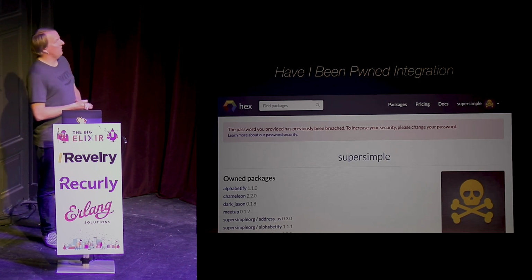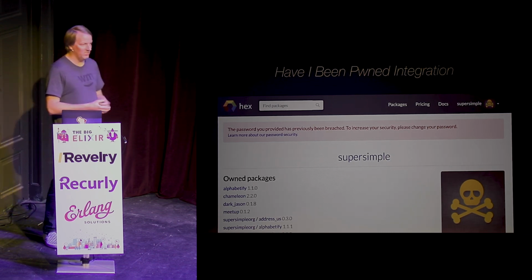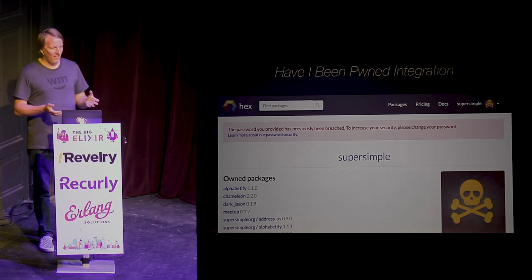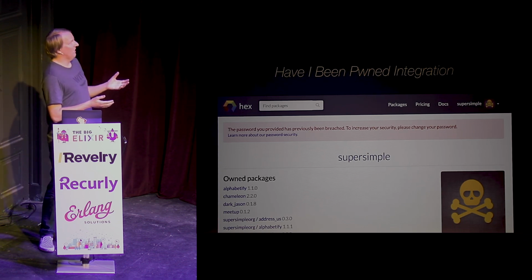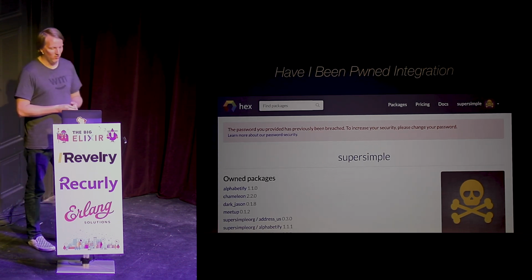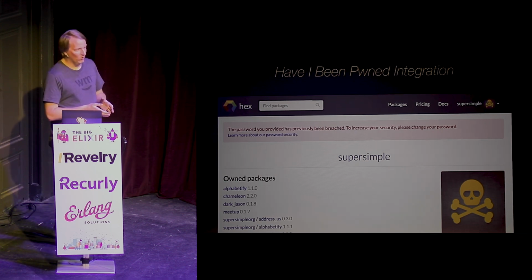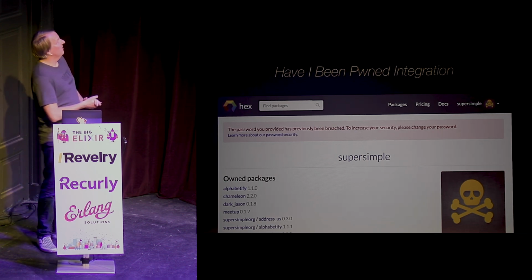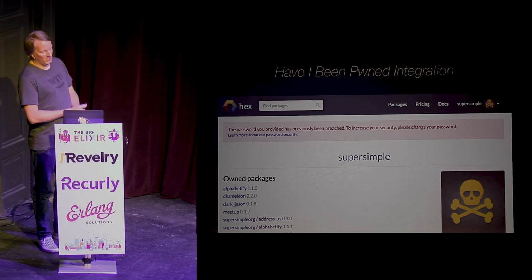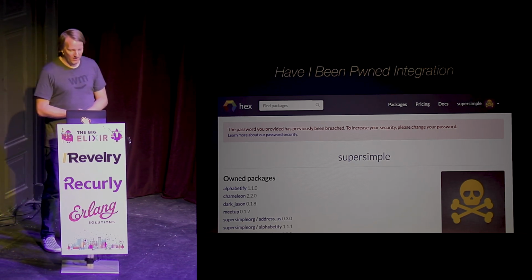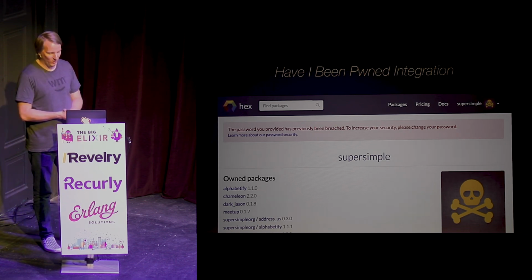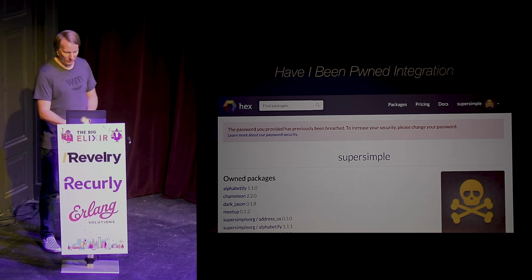It doesn't mean your HexPM account was breached. It just means that your password has been found in one of those breaches somewhere. So it's either a very uncommon password and it is your account, or you're using a very weak password. It informs you that it's very easy to brute force into your account, and so we want you to set a better password.